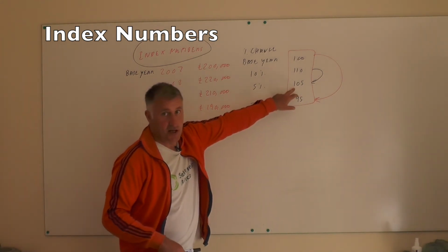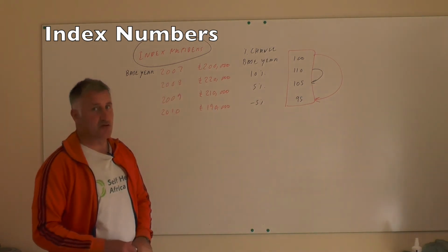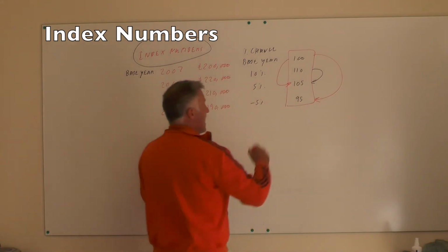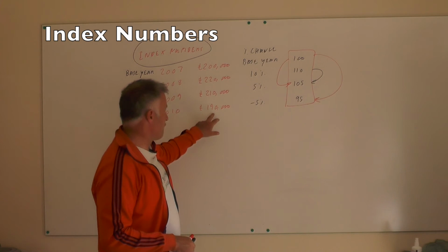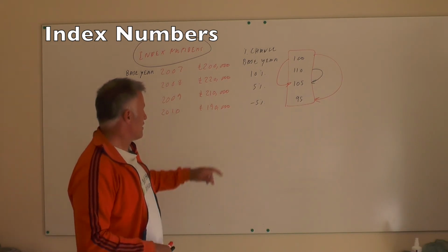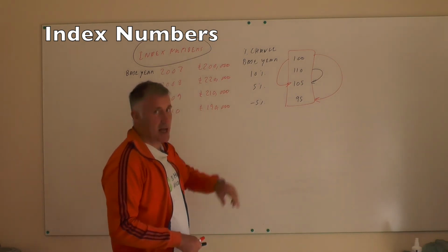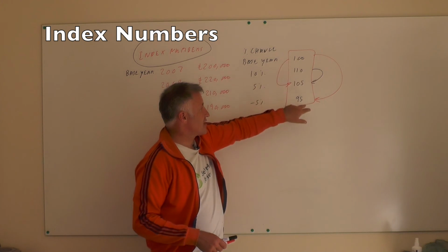So hence the index number for the year 2009 has gone down to 105, but overall we now know over those 2 years house prices have gone up by 5%, and finally they've fallen to £190,000. So 10,000 divided by 200,000 is minus 5%, compared to the base year, minus 5% from that, so that's 95,